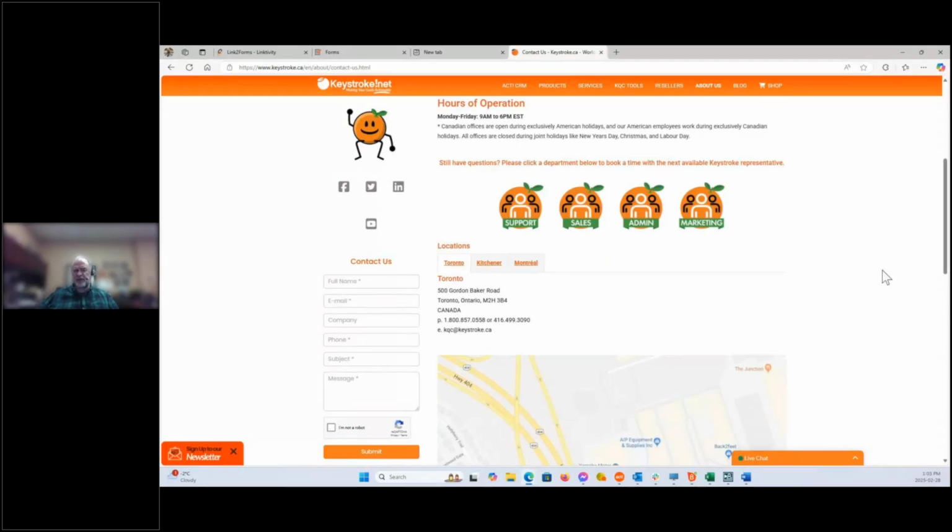Someone submits a form here, some hapless person in your organization will get an email, and they will have to stop whatever they're doing to manually key in that lead, okay, and then assign it to someone, if not follow it up themselves. So the workflow is by definition disruptive, okay, because they're forced to stop what